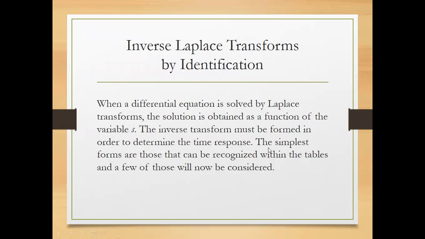Now, in inverse Laplace transformation, you just have to make sure, class, that the given function of s is written in the standard form. What do we mean by this standard form? The form that is comparable to the Laplace transform of common functions that you see in the table. If they're not written in that particular form, you have to make it look like the standard recognizable function of s in terms of form that you see in the table that I have shown to you a while ago. Anyway, the processes will be shown to you here.